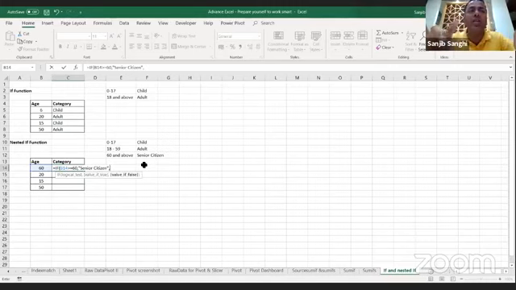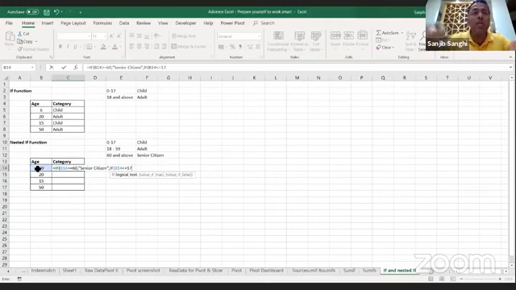So value if true means if this condition is met, it's a senior citizen. What is the value if it is false? Well, I don't know. It can either be child or an adult. Now I have two possibilities over here. If it is 60 and above, I know it's a senior citizen. But if it is less than 60, I don't know. So I will create another if command over here, equals to if, because now again a nested if is coming into play. If, and then I'll tab this, again I'll call the age, and this time I'll say if it is less than or equal to 17.